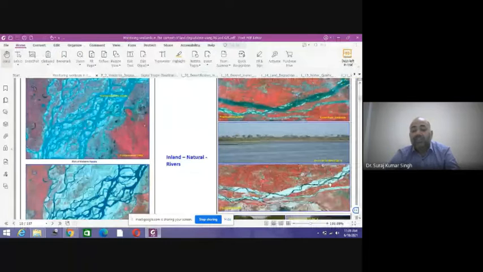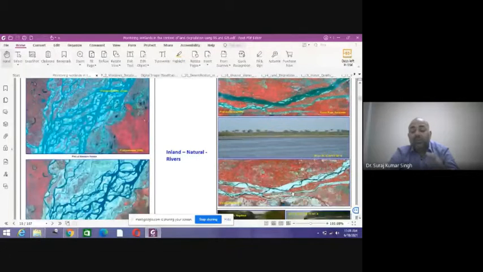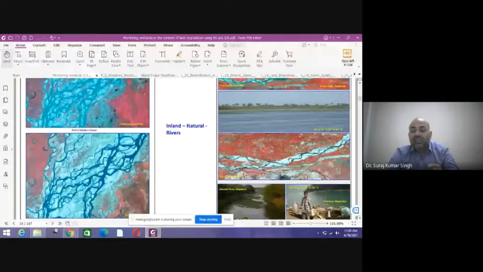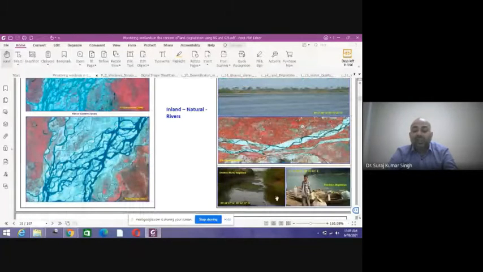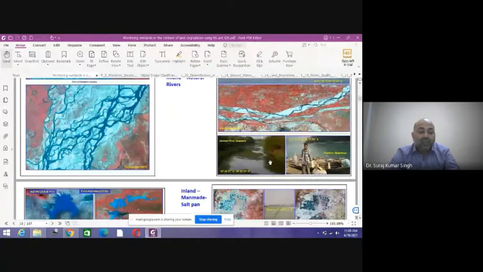So you can see that satellite images provide you the real information about the water, the volume, the sediment content. In the same feature you see there is a secondary tributary attaching to the main river, and here you can see that people are doing various kinds of fishery. So you can see how the volume of water is changing and how it looks in the field. The field photographs are connected to it, and they are natural in nature.